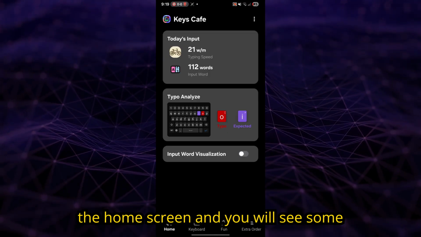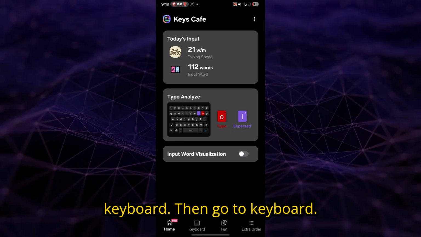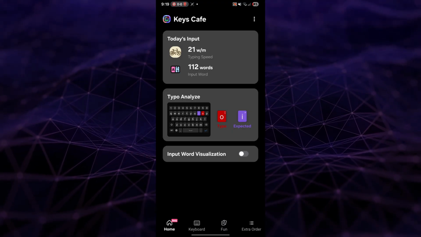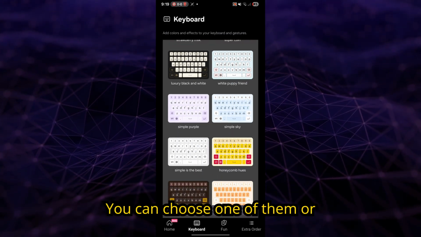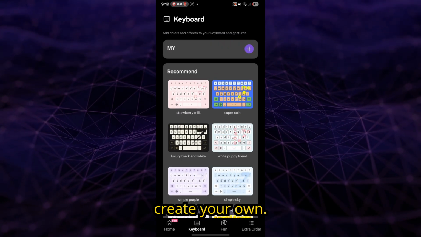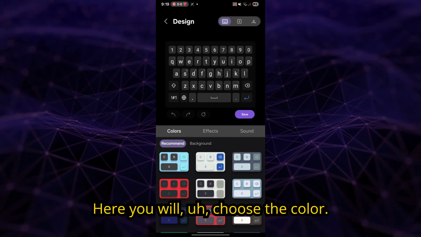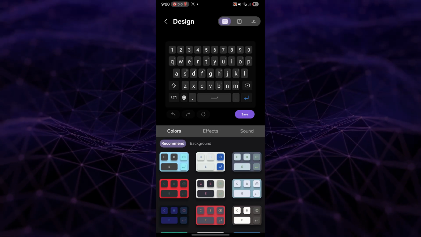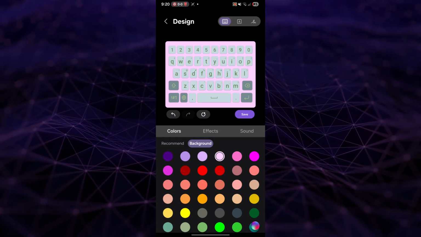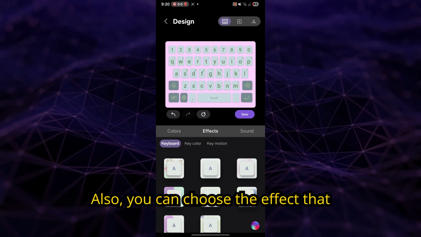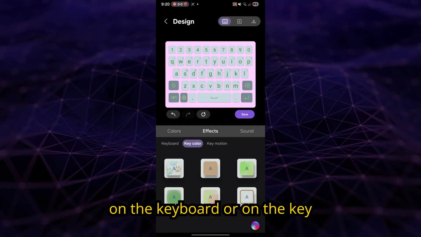We are on the home screen and you will see some statistics of your utilization of the keyboard. Then go to keyboard and here you can see many custom keyboards. You can choose one of them or create your own. Here you will choose the color and the background. Also, you can choose the effect that you want to apply when you write on the keyboard or on the